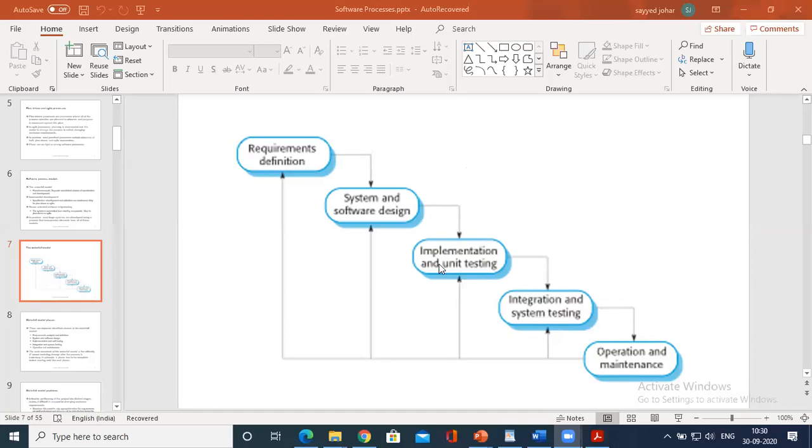Implementation, unit testing, and integration and system testing are part of the validation part. Clear?